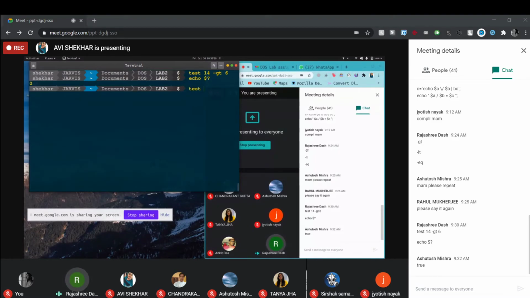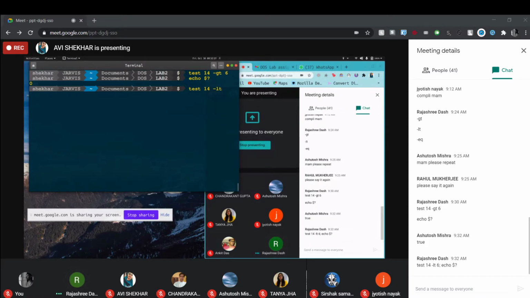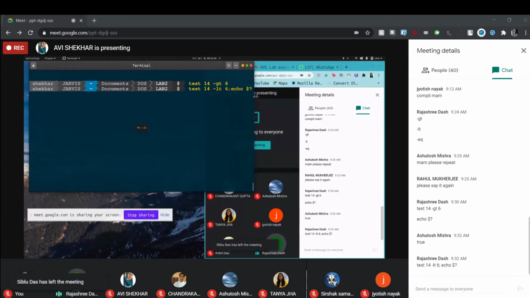Okay. So now Abhishekar, you write test 14 -lt 6; and there only write echo $?. So remember, here we are executing two commands simultaneously. One is your test command, another one is echo $? to display the exit status of that command.